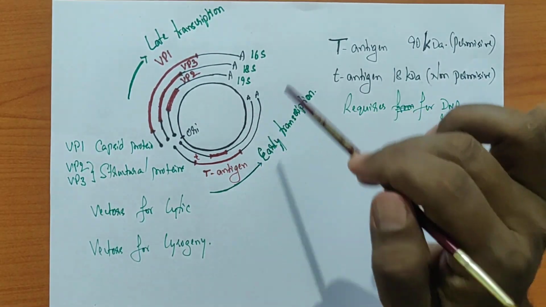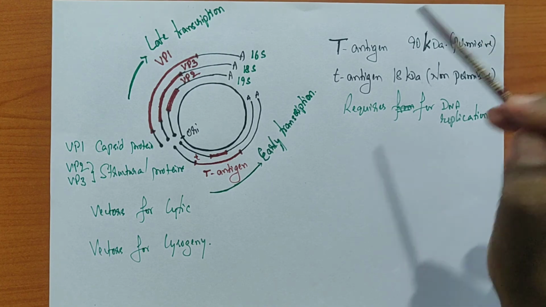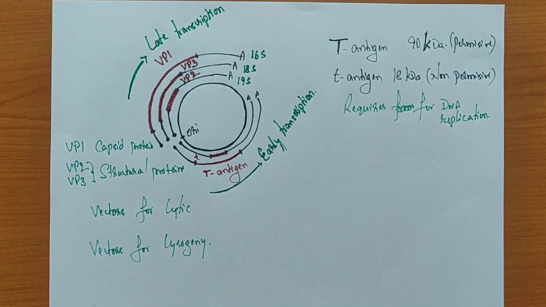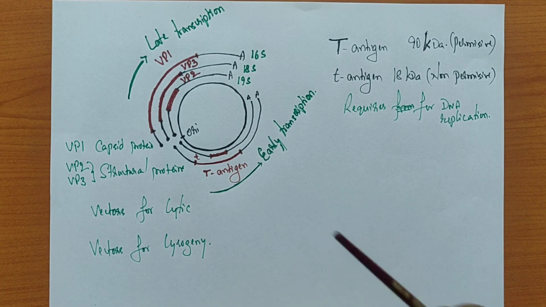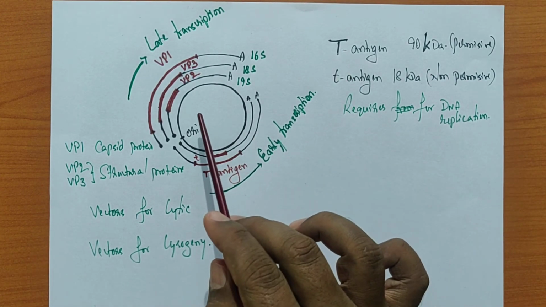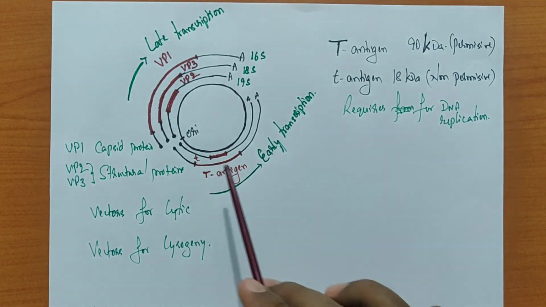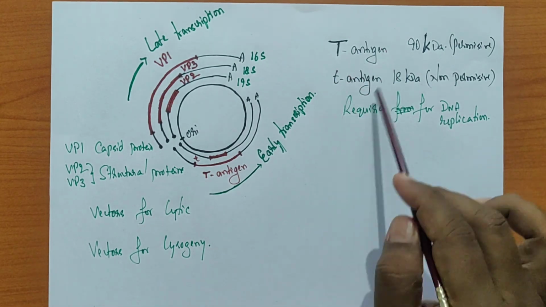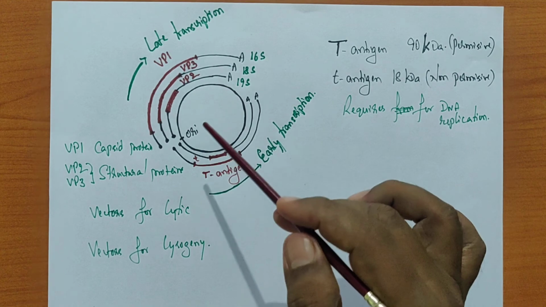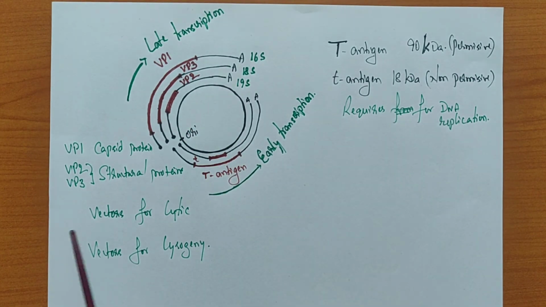So here the multiple splicing is a very characteristic feature of SV40. The same genetic material, the same mRNA, but spliced differently to get different products in fact. So the early transcription part is important, DNA replication is important, and the late transcription is important. Now the T antigen, how this is going to be generated, and how these VP1, VP2, VP3 are going to be synthesized and done.